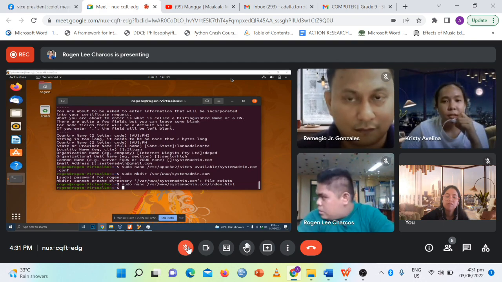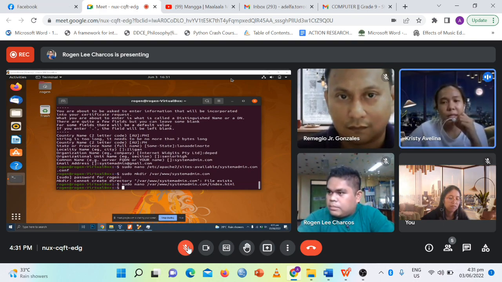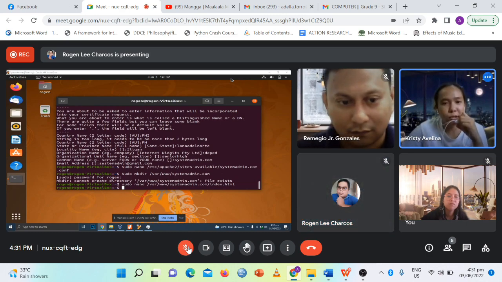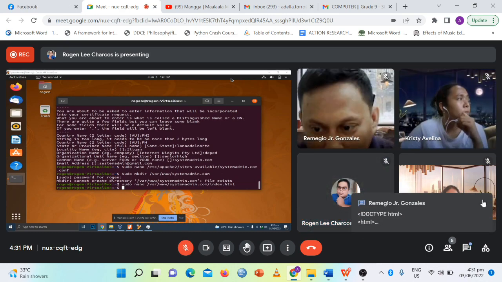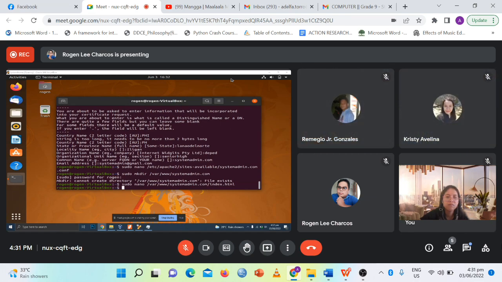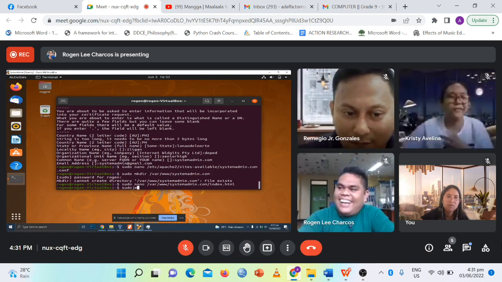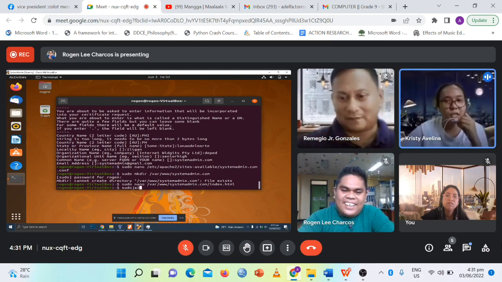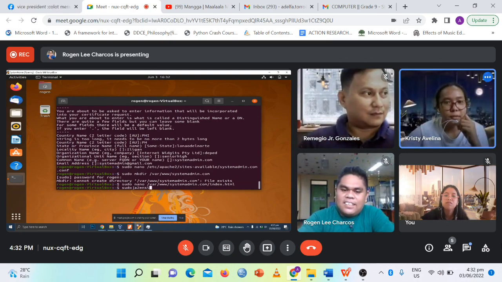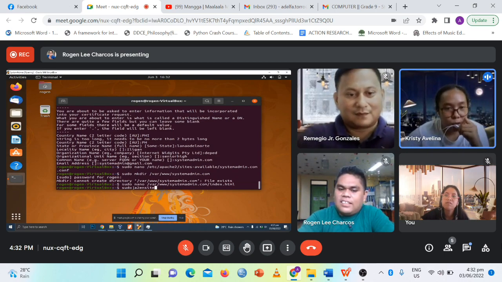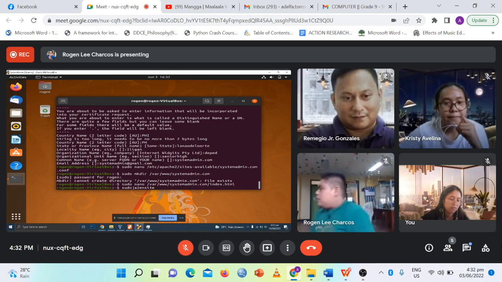Now we need to enable the configuration file with the a2ensite tool. Now let's type sudo. Great, let's continue. Let's type sudo a2en